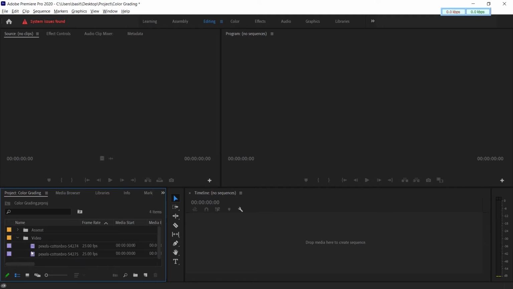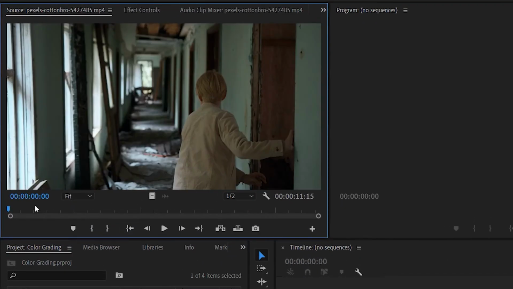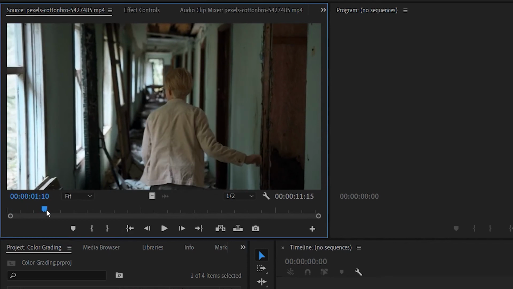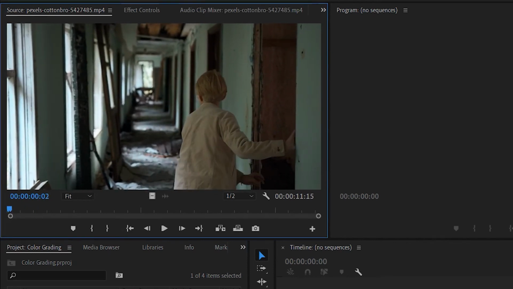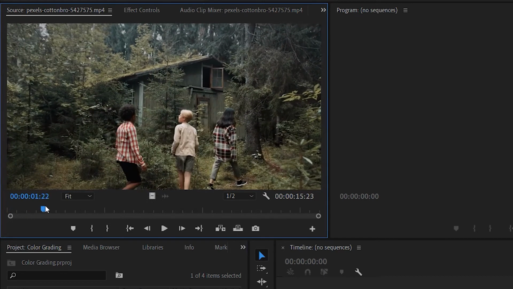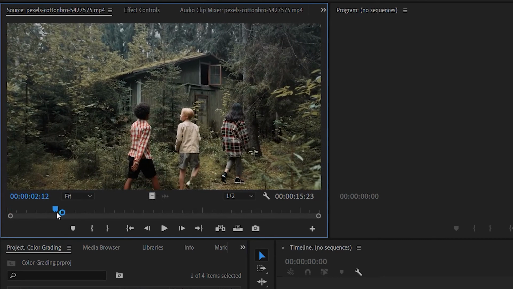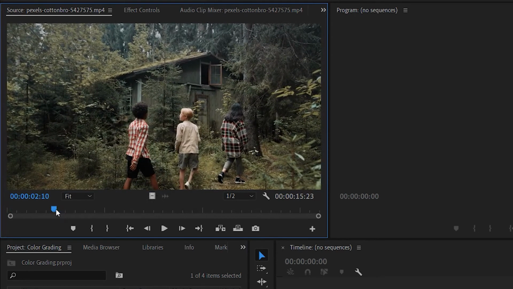Now if we double click on these files, we will preview what the footage actually is in this small screen like this, so we can recognize what to put first. So we have to put this footage first and we can select the duration from here. So I think this will be a great point.